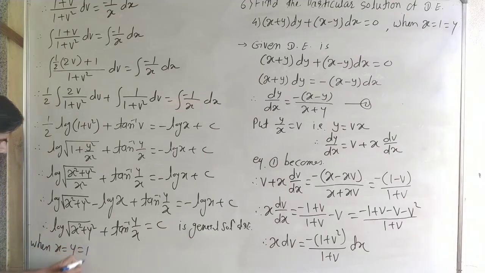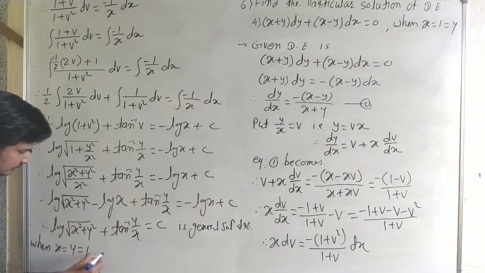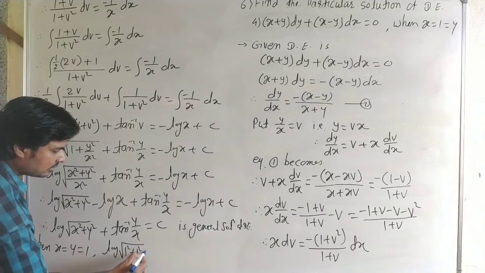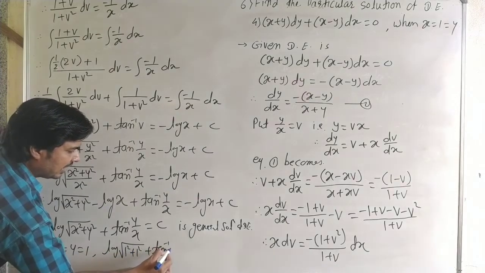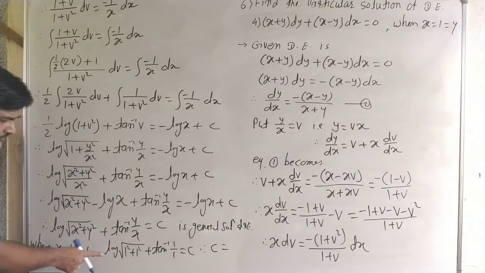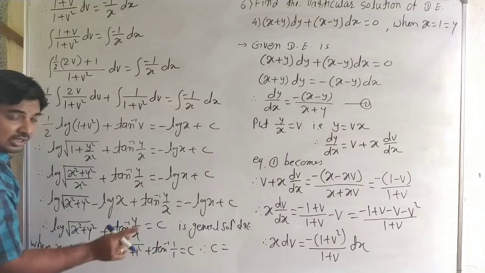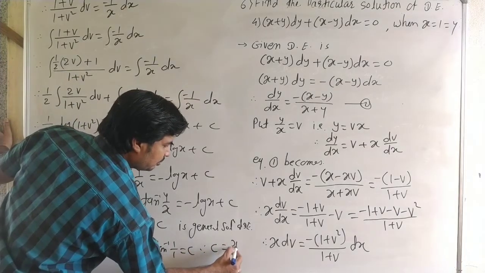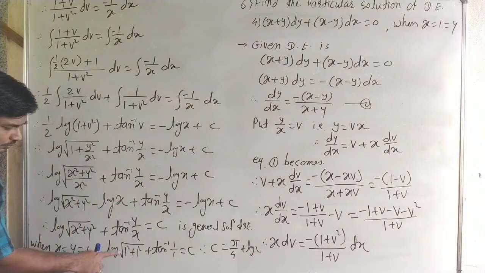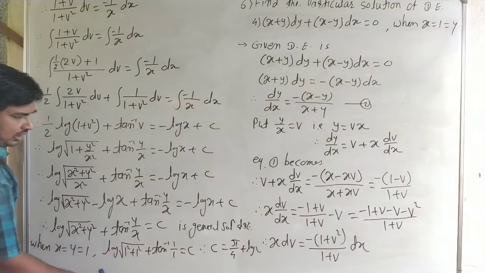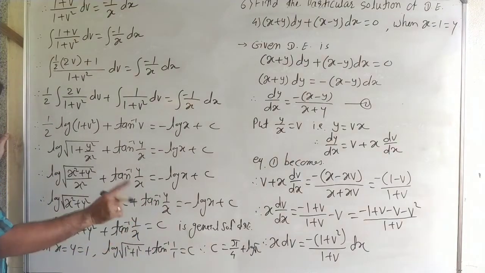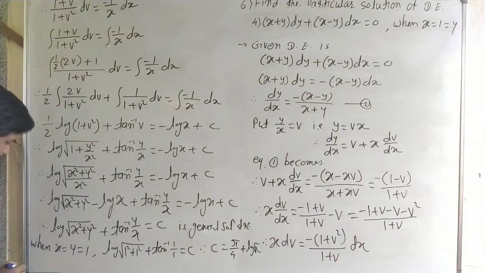when x is equal to y is equal to 1, then put the values. Therefore log of under root 1 square plus 1 square plus tan inverse of 1 by 1 is equal to c. See carefully here: it is tan inverse of 1, that is pi by 4, and log of under root 2 (1 plus 1 is 2). That is the value of c, and therefore the particular solution